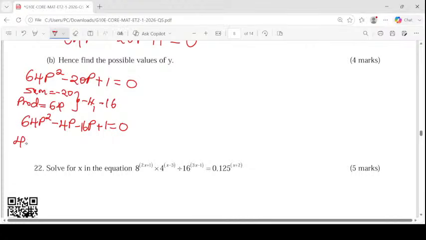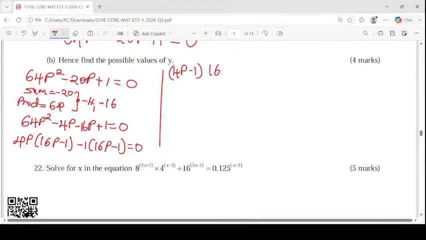So this will be 4p into 16p minus 1 plus minus 1, then minus 1 into 16p minus 1 is equal to 0. So this will be 4p minus 1 and 16p minus 1